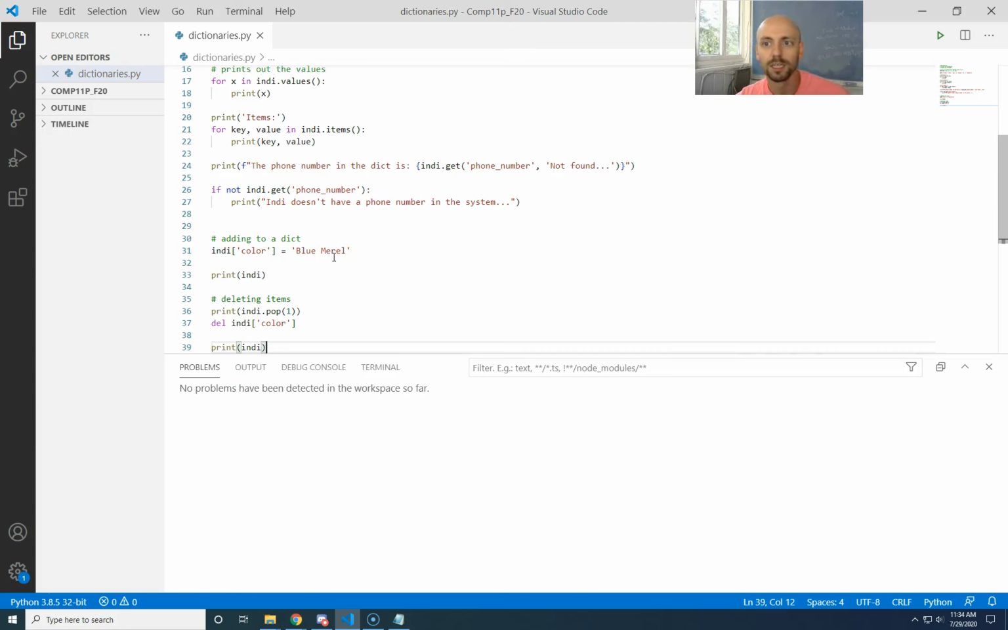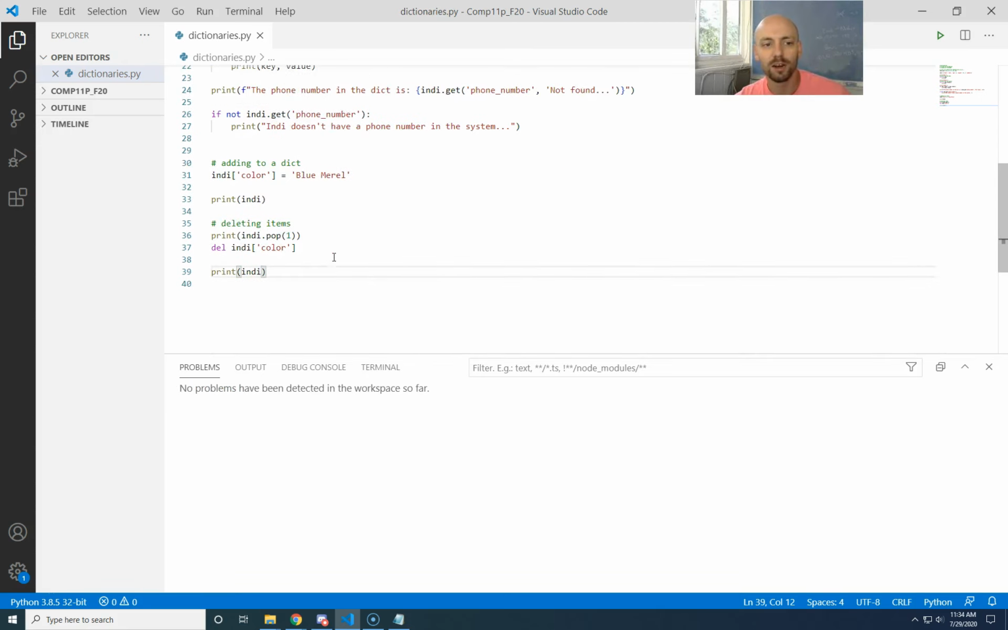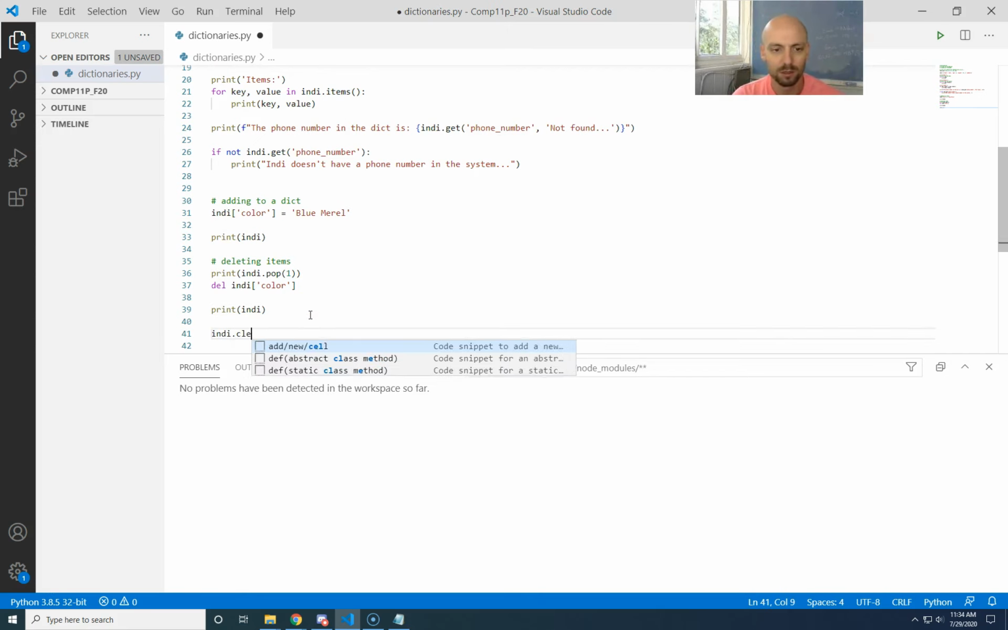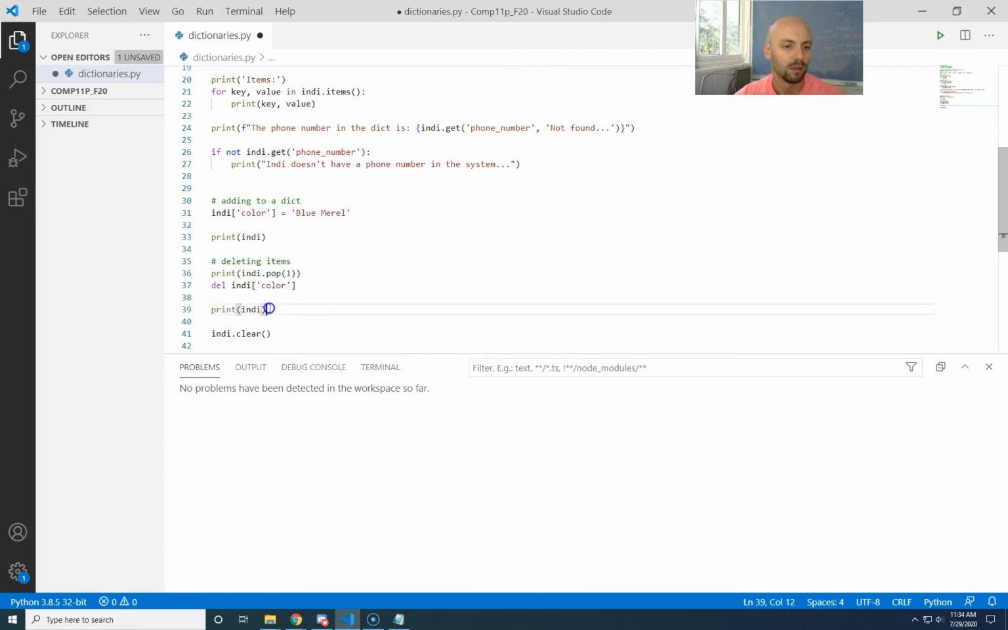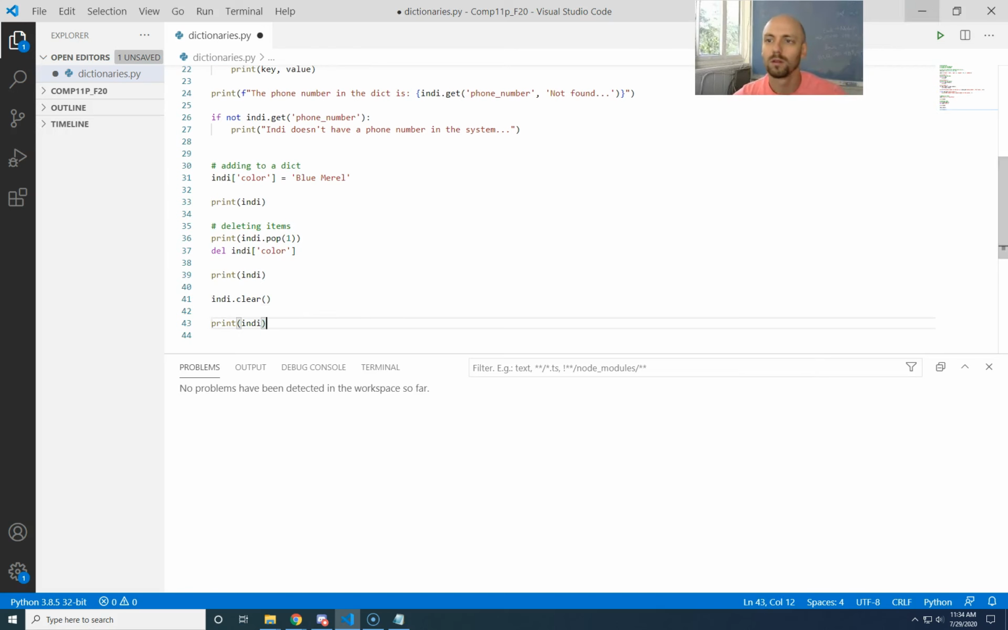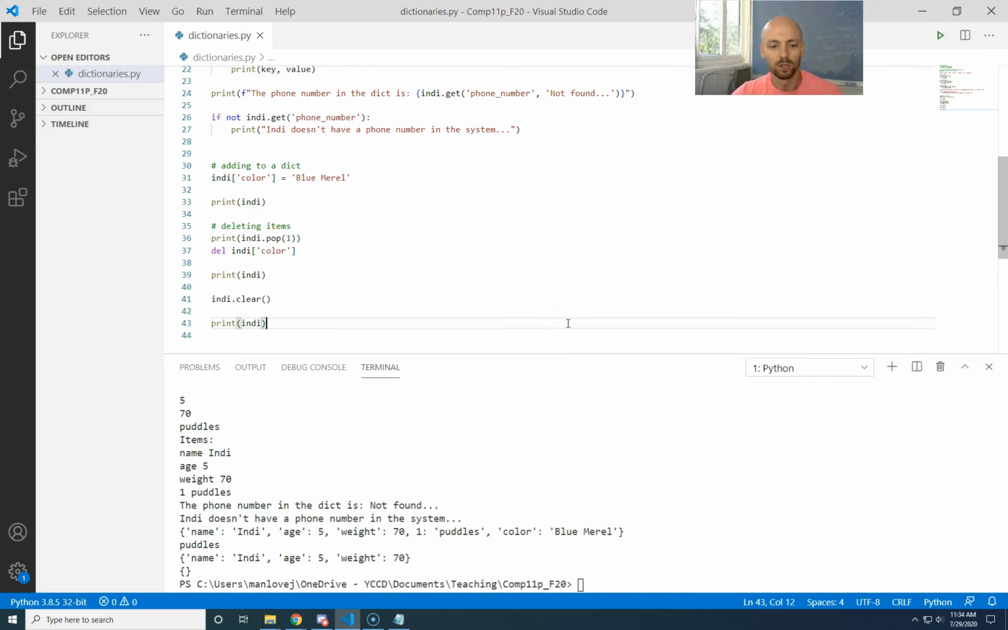Last things last, if you want to delete everything that's in a dictionary, you can use the clear method. So now it's empty. That works well if you're using this to save games or something. Do be aware that if you